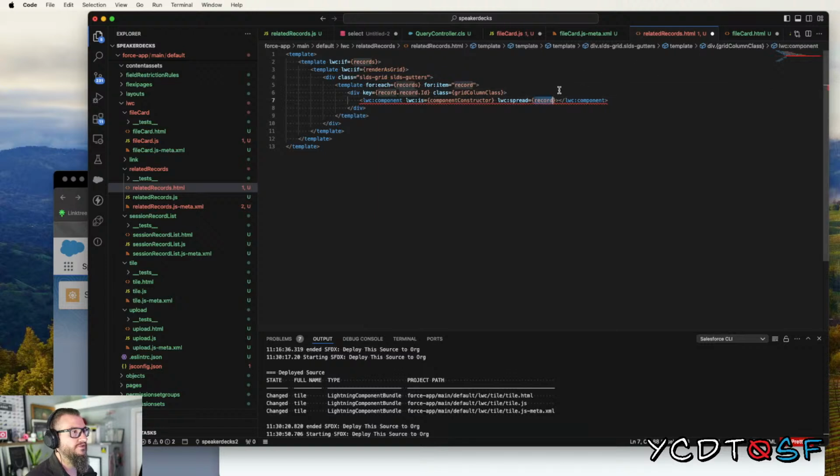And I think we're going to do this. So the spread takes one. This is another reason we had to do this. So the spread takes one. You can only put one object in here. It's